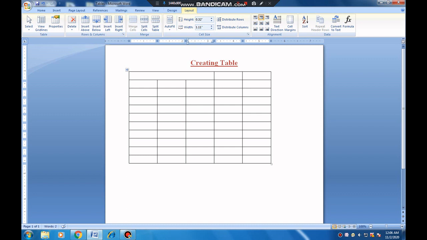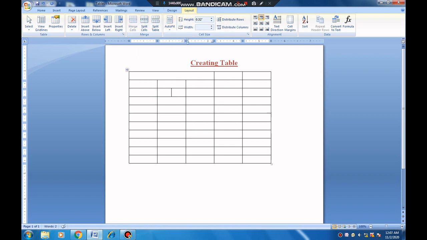Okay, now if I want to split the cell, let's say I want to split this column into two, I will just click on split cell. It will ask me for the number of columns and number of rows. If I want to divide it into two parts, I will give number of columns as 2 and number of rows as 1. Okay, and you can see here this cell is divided into 2. So in this way you can split the cells.